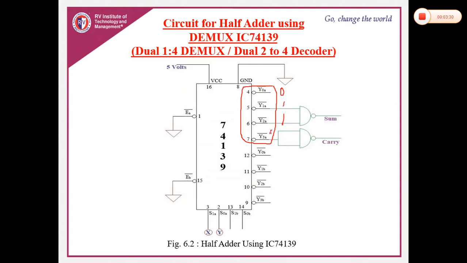Wherever 1 is there, you just take that output. Take those outputs, merge them, and use one NAND gate. That is the logic. I am repeating, wherever 1 is there, take that and give it to a NAND gate, because it is active low and SOP expression. For that we have to use NAND gate. So wherever 1 is there, you just bring all of them and merge them into the NAND gate, and whatever output you get will be that particular truth table output, that is sum. So for 0 1 1 0, it is the sum output. You have to implement it like that.